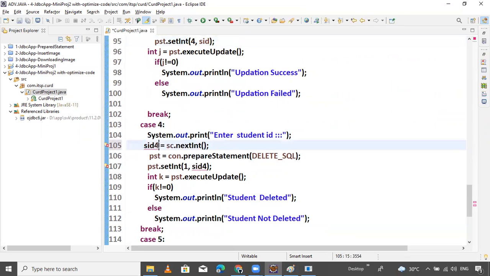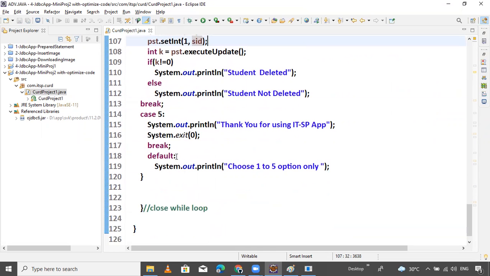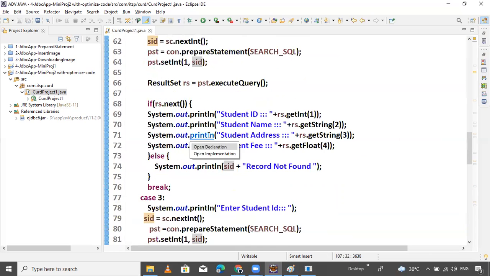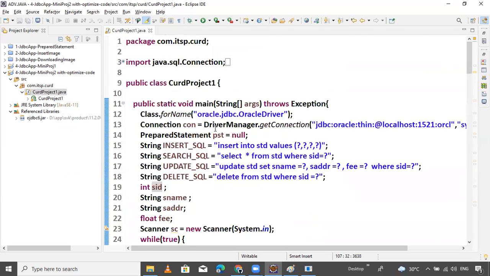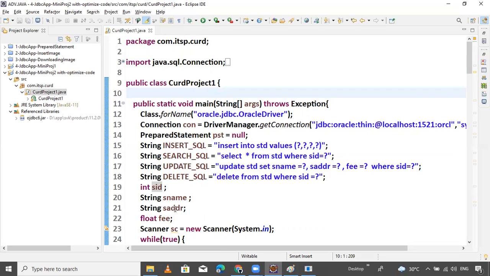This one is not required. This one is good. Also remove this. We remove all these variables. We were at least using 5 into 4, 4 variables 3 times. About 12 variables we were using before this declaration.